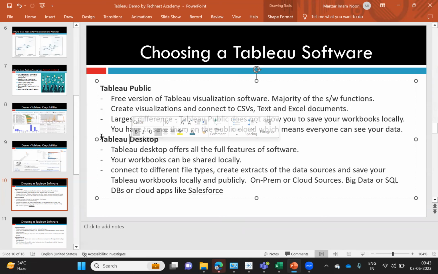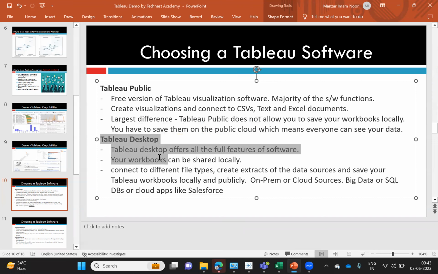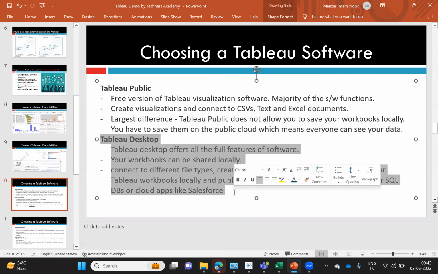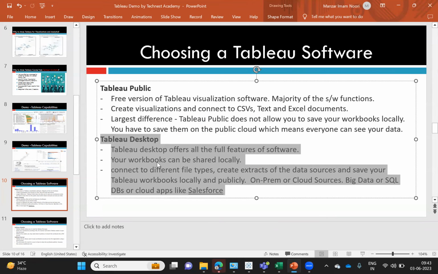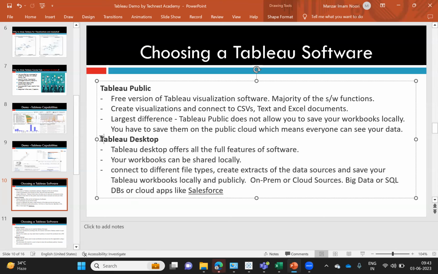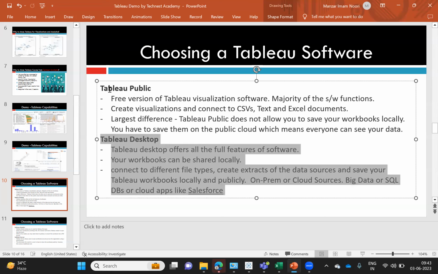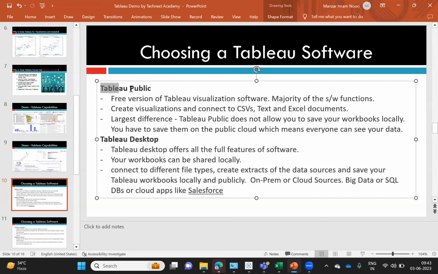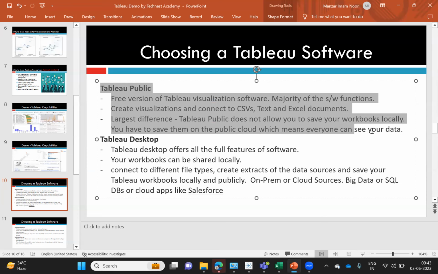This is the most advanced one. With Tableau Desktop, you create your solution, then move it online to the Tableau server, to the cloud. If you don't have a license for Tableau Desktop, you can use Tableau Public, which has limited options.